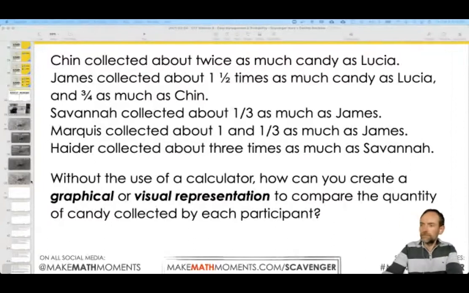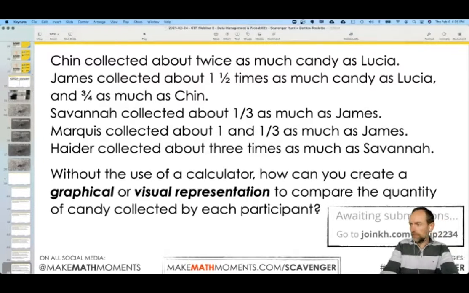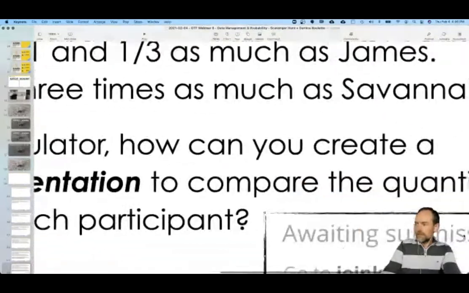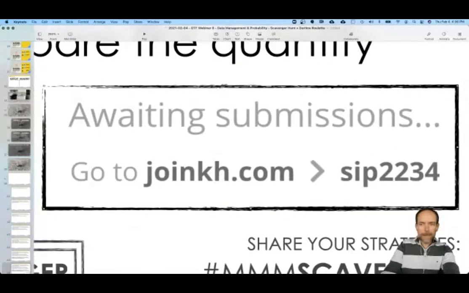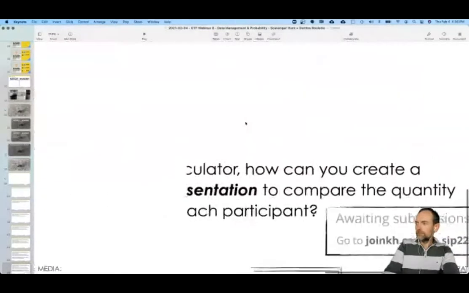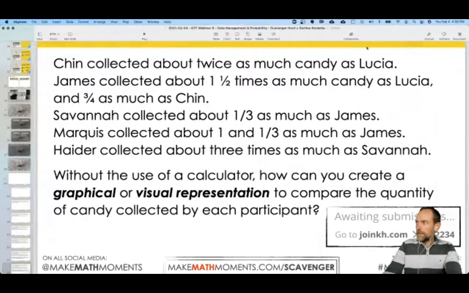We're going to give you some time. So we'll probably need a few minutes here, Kyle, for everyone to reread while we don't speak in their ears. I'm going to put that link in the chat for you. If this is the first time you have joined us on that one, you're going to head over to joincage.com and put in the code that is on the screen. I'm going to put it in the chat. From there, I think you just go to guest, log in as a guest, put your name in, and then a button shows up and you just click upload, and then you upload the picture of your work.